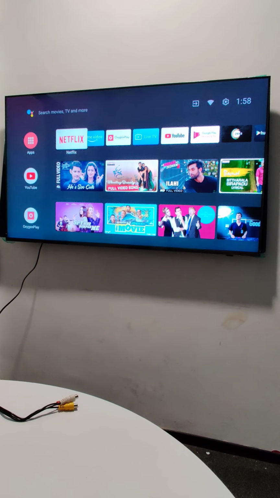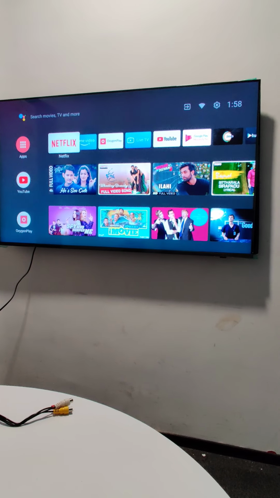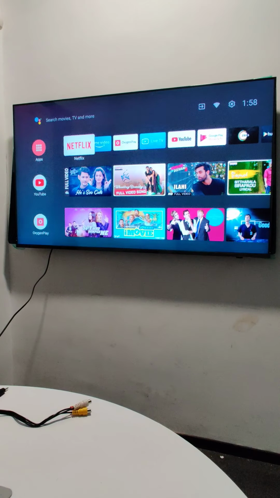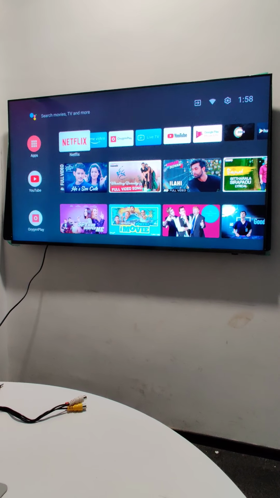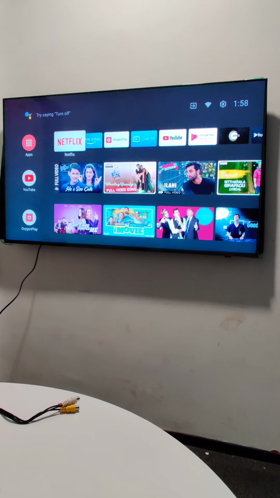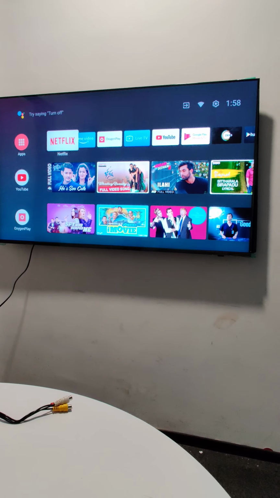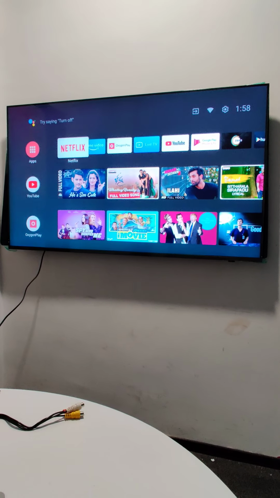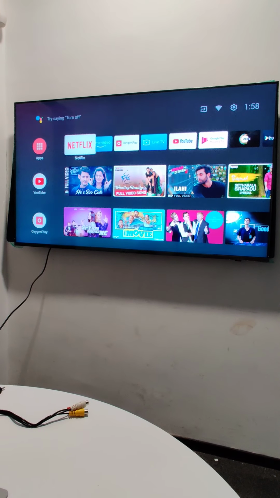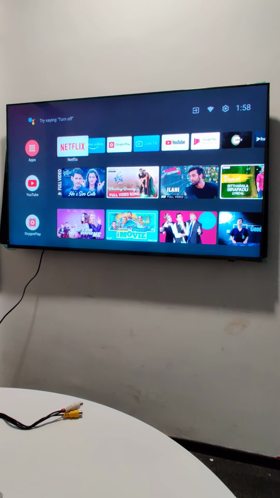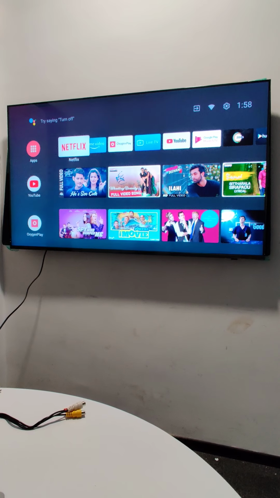In this video, we are going to check how to configure the OnePlus Connect application with this TV and use that application as a remote. By the time you can install that application on your Android device, on your mobile phone, and you can use the same as a remote control for this particular TV. This application is widely available in Google Play Store.